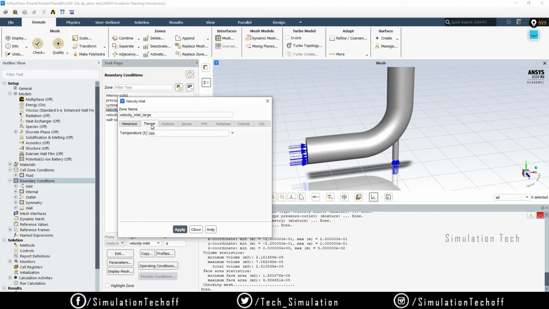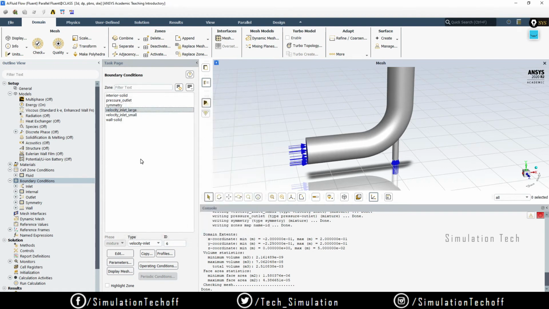So to set the temperature, right now the unit of the temperature is in Kelvin. If you want to change the units to degrees, you have to go to general and go to the unit option and change that. But right now I don't want to change that. I will give the temperature in Kelvin itself. We'll give the temperature as 293.15 Kelvin and say apply. Click on close. Now the velocity inlet is set, and in a similar manner